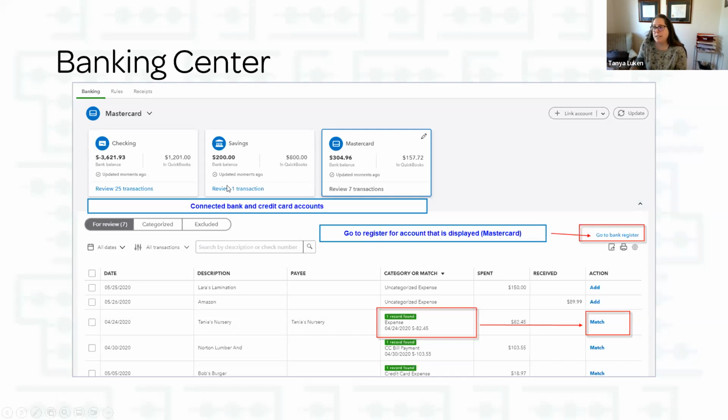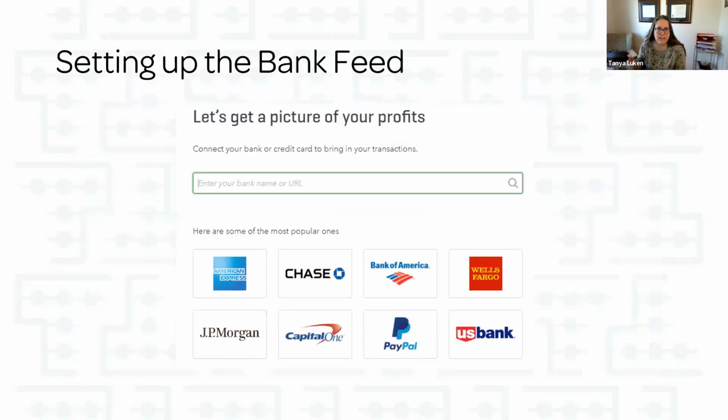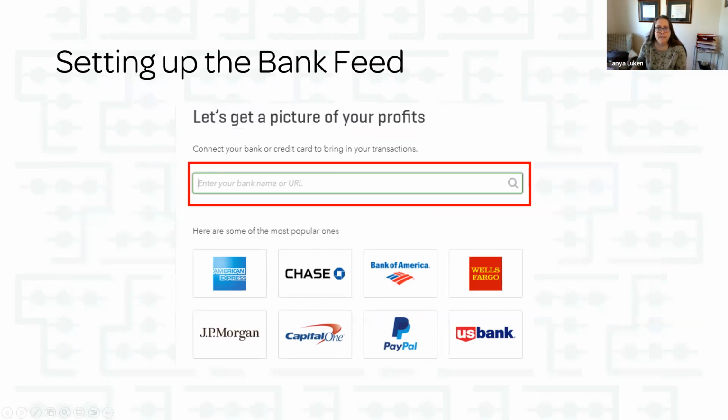So this is kind of what the bank center looks like. When you have a new account that you want to connect, there's a button in the top right here that says link account. You would click that link account button, and it would come to a screen like this that asks where you are banking. You can check off one of these tiles down below. If it's not there, you can type your bank in here, or you can copy and paste the website that you use when you log in.